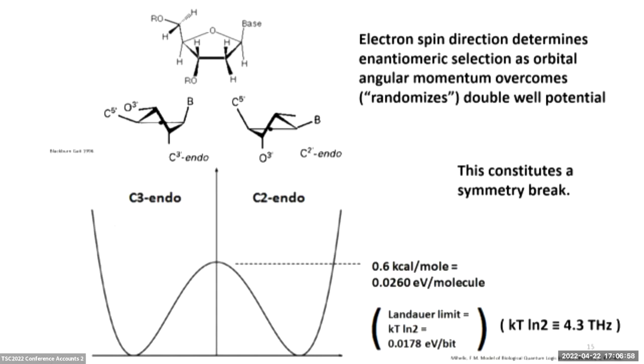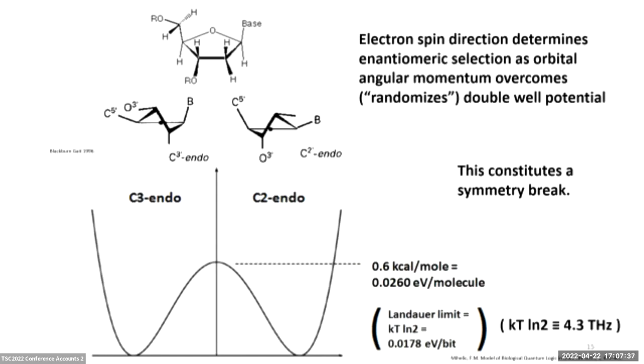So theoretically, as an electron or spin state is being read into the deoxyribose, its spin direction can determine an enantiomeric selection as its orbital angular momentum can overcome or randomize that double well potential. This would constitute a symmetry break. What's interesting here is it is a symmetry break that occurs across an energy barrier very appropriate to the Landauer limit, okay? That 0.6 kilocalories per mole is just a skosh more than what Landauer described as the quantum limit